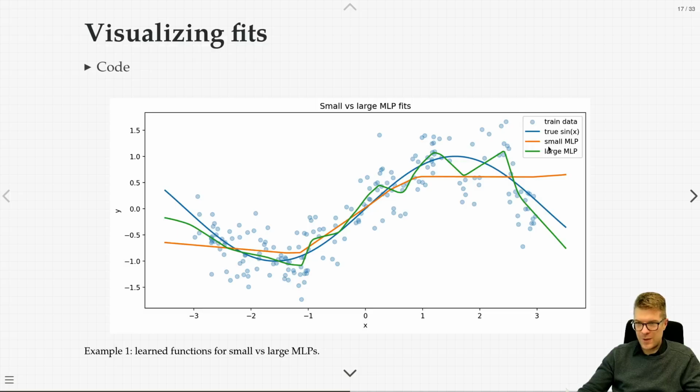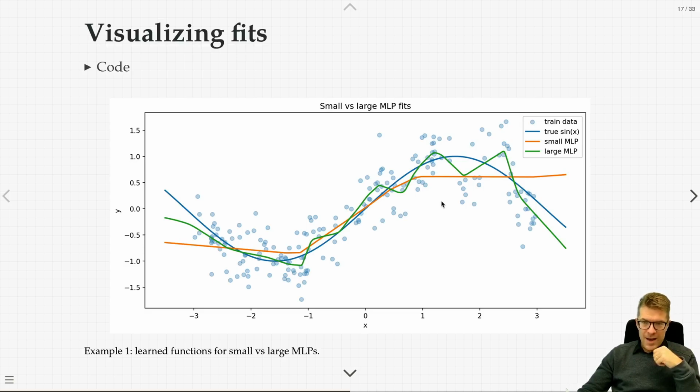The main story here is the difference between the behavior in the small neural network and the large one. The small one has this smooth orange curve, which is a little bit janky, but generally it's smooth. It's not going crazy. It's not behaving erratically. The green curve is the behavior of the large neural network, and even though it has better performance on training and validation, you can see that it is behaving a little bit unpredictably. It is jumping around somewhat erratically. Why is it smooth below -1 and then starts jumping around, especially between 0 and 2? That's something that we might not know at this point, but it's a little bit surprising, right?